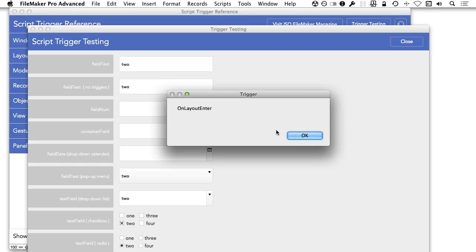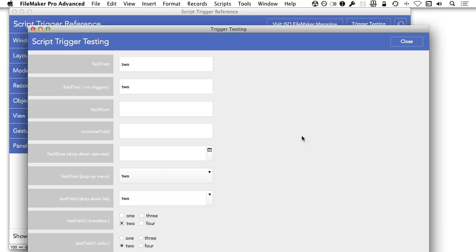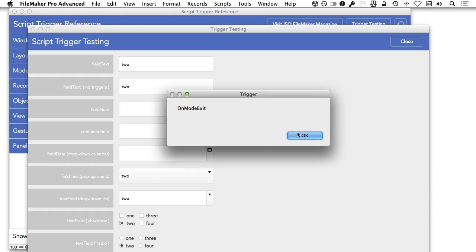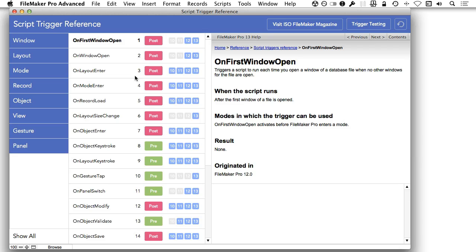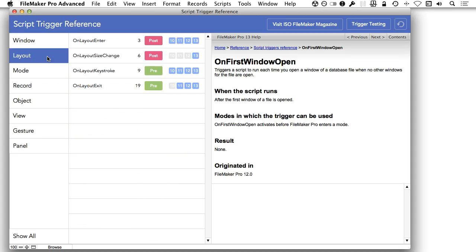That's what the rest of this video is going to be about. The first part is understanding how to implement the script triggers, when they fire, and what you can do, whether you can cancel the event or not. And the next is how do you actually take control and suppress them. So we can see right here all of the triggers that are firing, and we'll walk through those as I close this window. But initially, I'm going to go to the layout scripts,